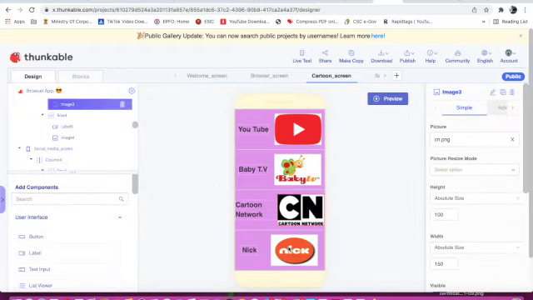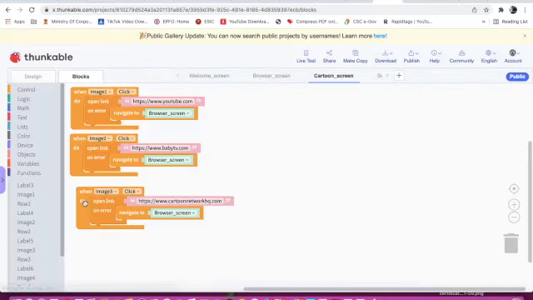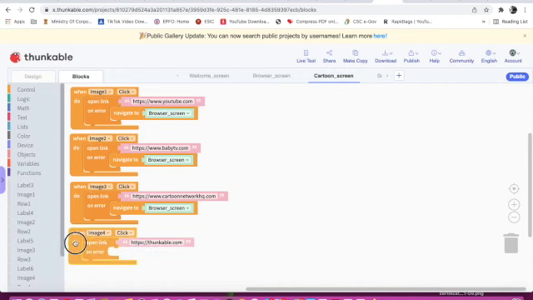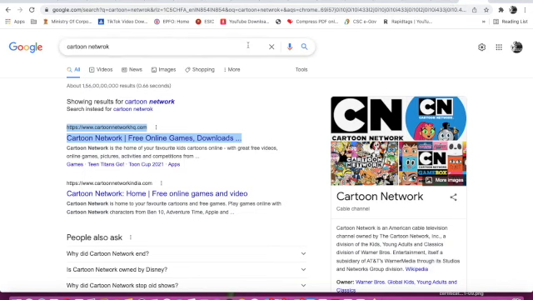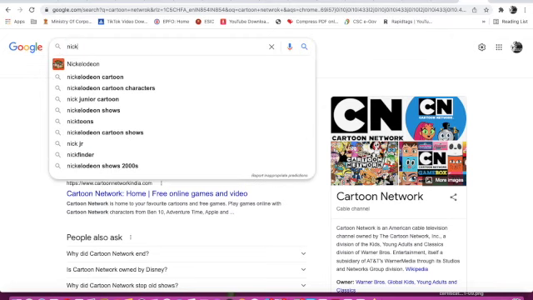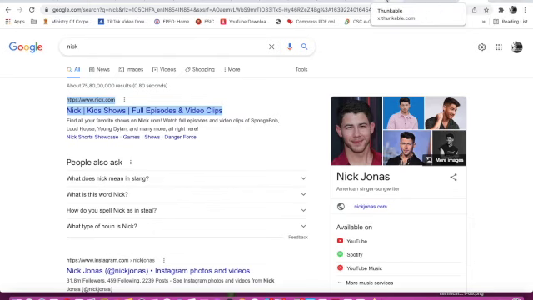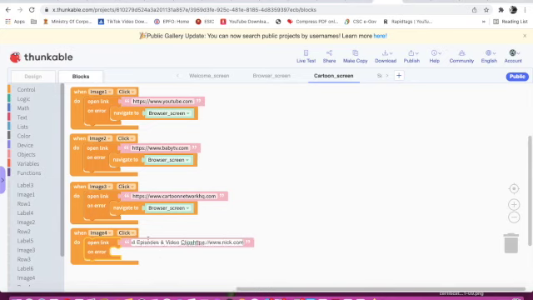Now it is Nick. This is image 4. When image 4 is clicked, now I will go to Control. I will take this last block and here I will type Nick. I will copy this and here I will paste it, and I have to delete it from here.